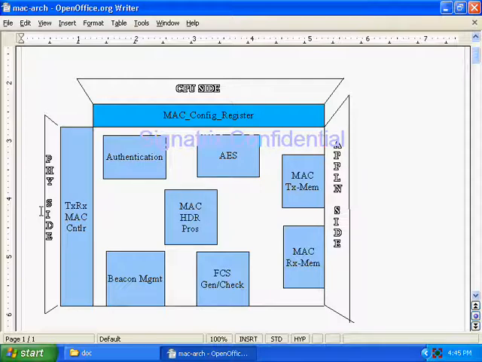This MAC header process module will do the processing on this MAC header. The width of this MAC header is 10 bytes. In those 10 bytes, the sender, I mean the host, will send the source address and destination address.